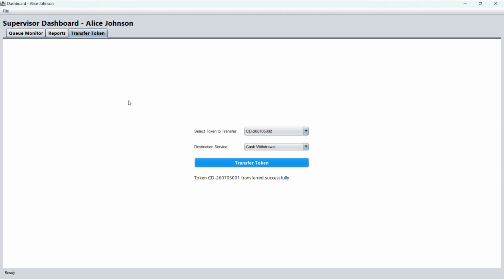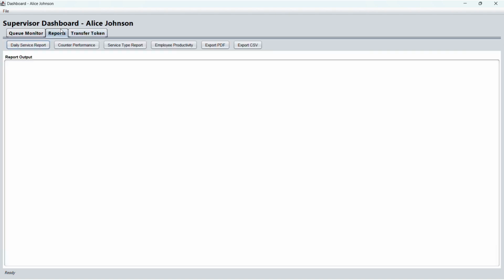Now let's move to the reports. Supervisors need insight into performance. The system offers several built-in reports.